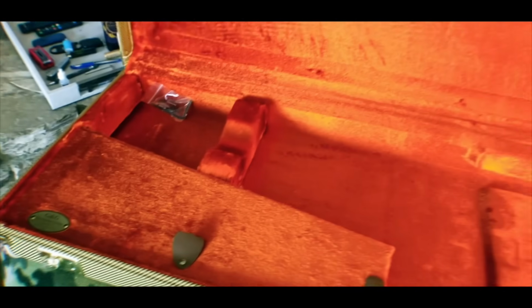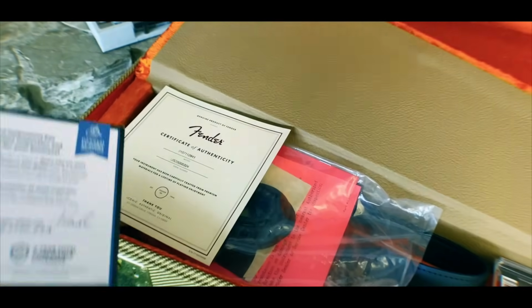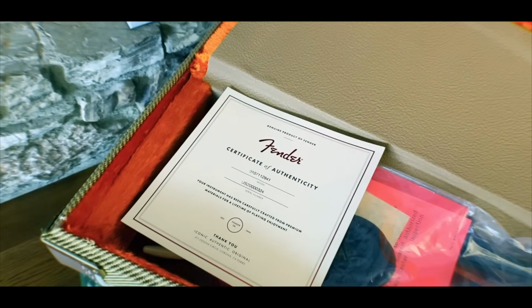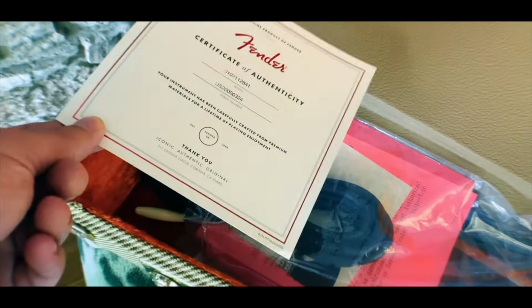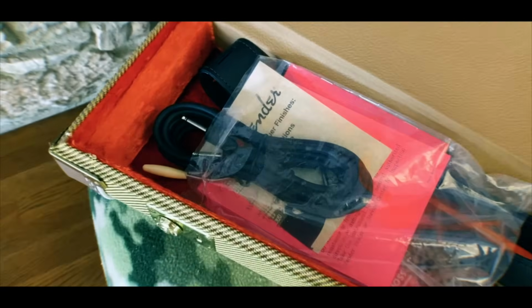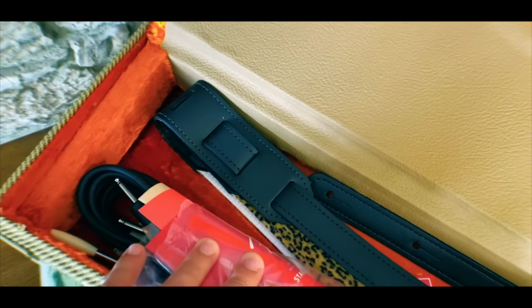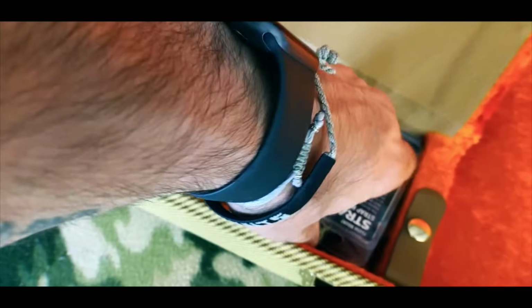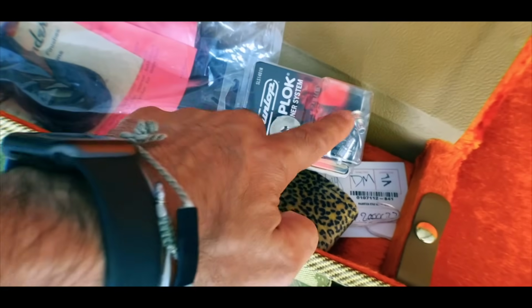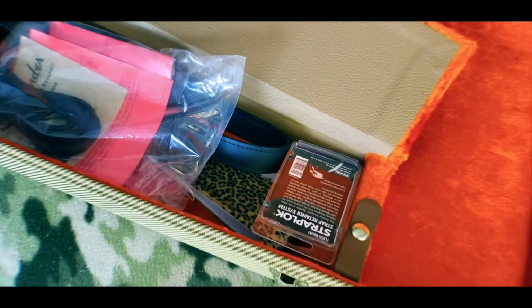For you guys who've had the Yngwie before, the regular Strat, when you open this up, you have, in this case, a Sweetwater inspection card. It's really nice. As of a couple of years ago, the Fenders now come with this COA, even though it's just a regular production guitar, but it's still cool to have that. You get a decent cable, of course, your trem bar, the leopard strap if you're going to be wearing that. And what's really cool is the Yngwie body has the Dunlop locking tuners already drilled into the body